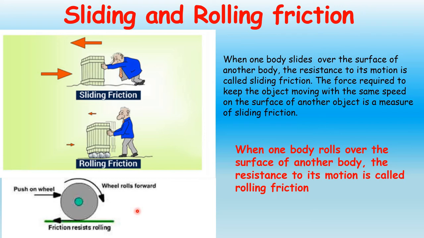So children, there are three types of friction: static friction, sliding friction and rolling friction. Static friction is the frictional force which plays its role when the two objects are in a state of rest but an external force is applied on the object. The minute the object starts moving, static friction will be converted into sliding friction. When an object slides over the surface of another body, the frictional force acting on it is called sliding friction. Similarly, when an object rolls over the surface of another body, the opposition to its motion is called rolling friction.